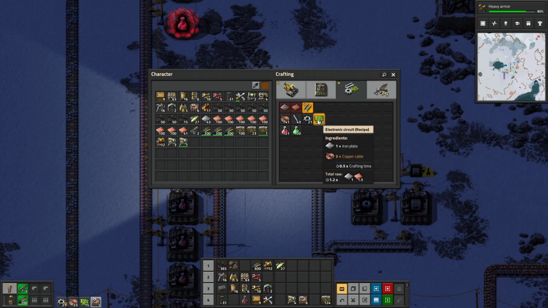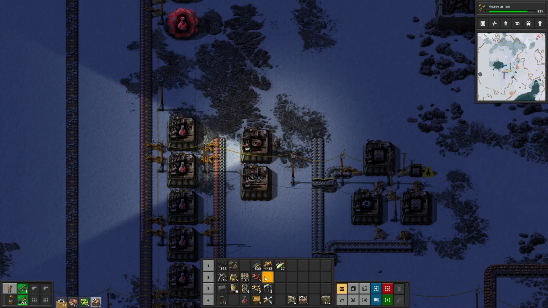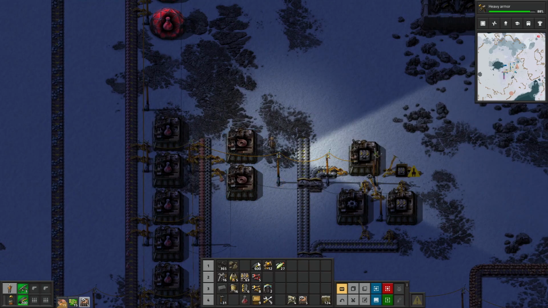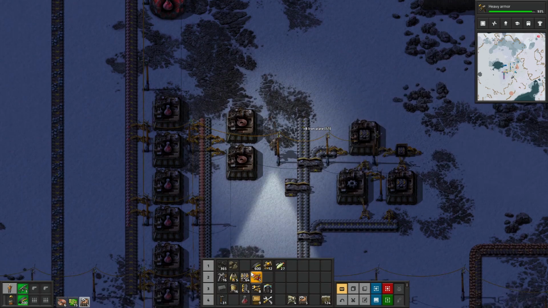And 3 copper cables versus 1 iron plate. So what about if I do 2 of those? And I go like this. Yep. Copper cables and 1 iron plate. We split the iron plate out. So if I split the iron plate here and then decide the copper cable is going to be,